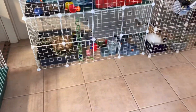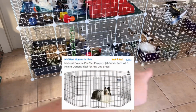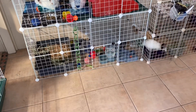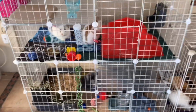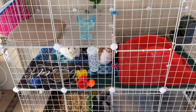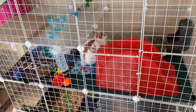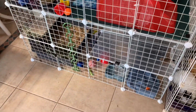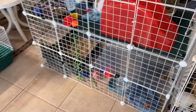And in this area right here, I'm going to be taking our 4-foot square X pin. It's 4 foot by 4 foot. I'm going to be connecting it to the front area right here, and they will have time to come out in that each day for at least 2 to 3 hours per day to run around, do their binkies, and all that good stuff. So this will just be the cage that they're in for basically morning, night, and then in the afternoon, they'll each get to take turns in a little X pin that I'm going to have set up, a 4 foot by 4 foot area set up in this area of